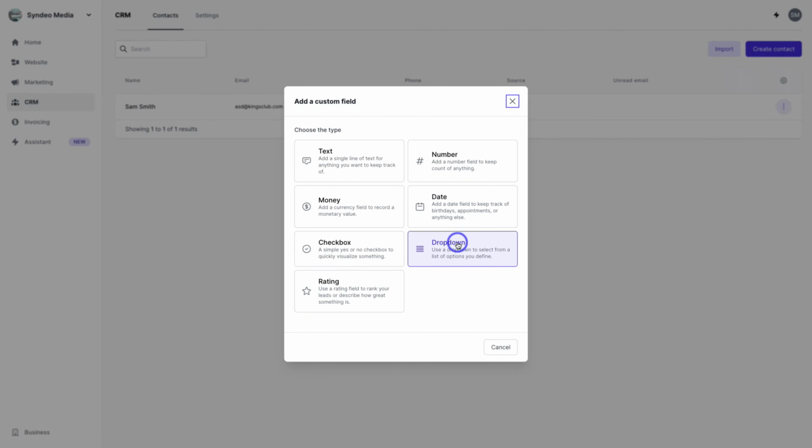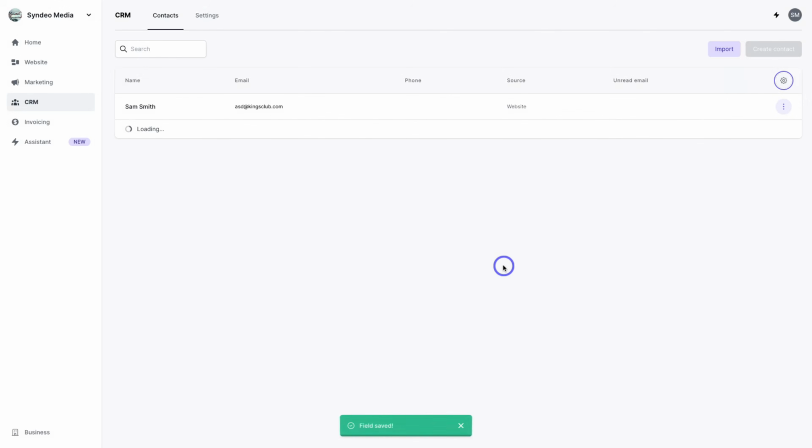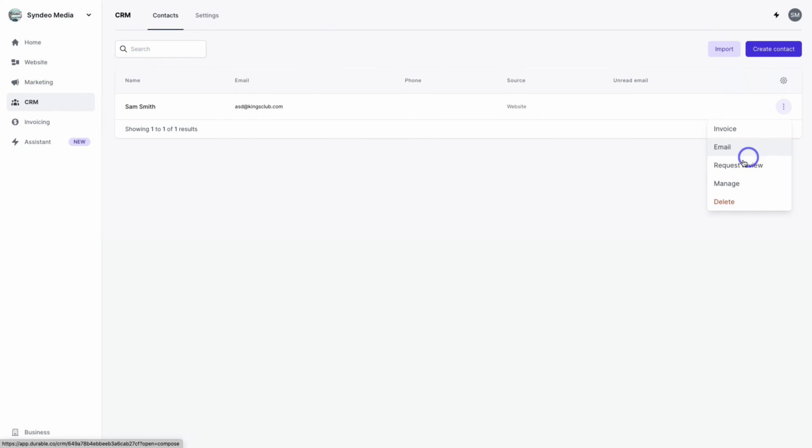So if I want to add a new field to the column, I can over here. For example, I'm going to go ahead and click on date, and I'm going to type in contacted. And this is for when the contact has been contacted. I'm going to go down and click on save. And then if I navigate across to this contact, I can click down here and I can send an invoice, email, request a review,